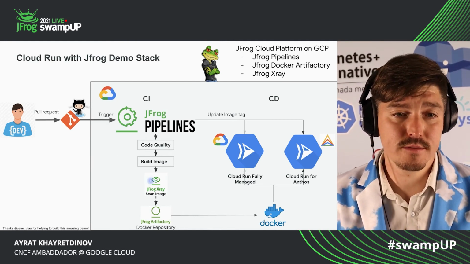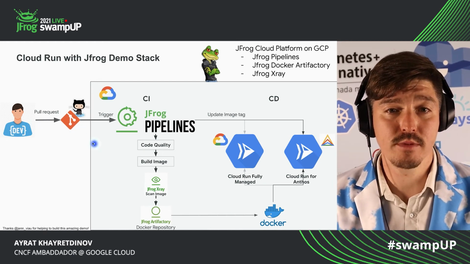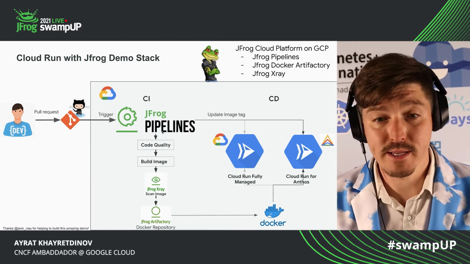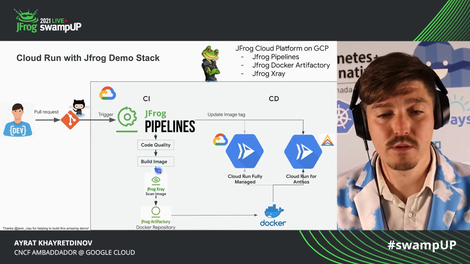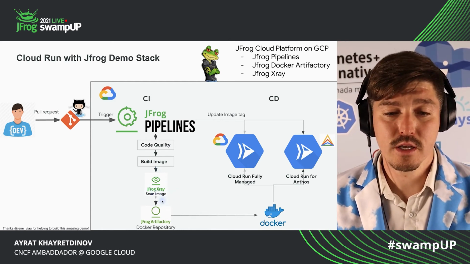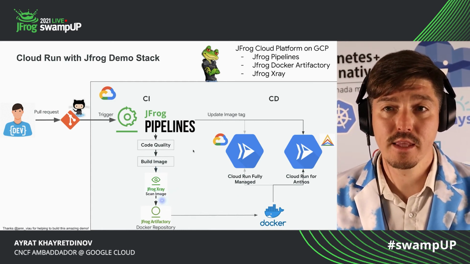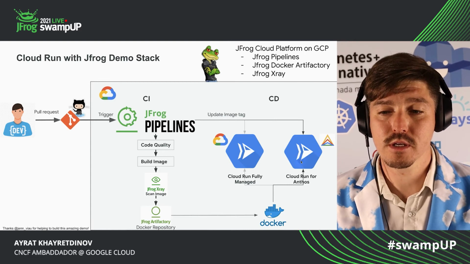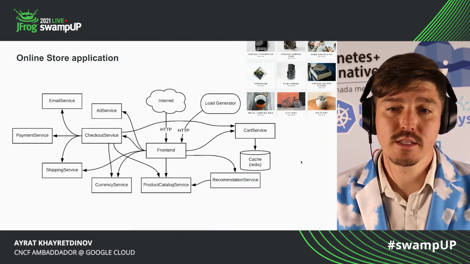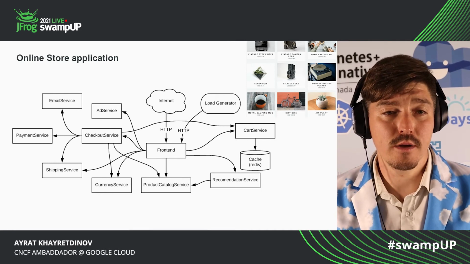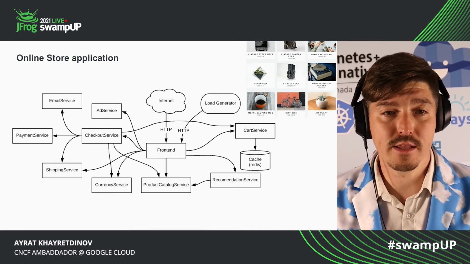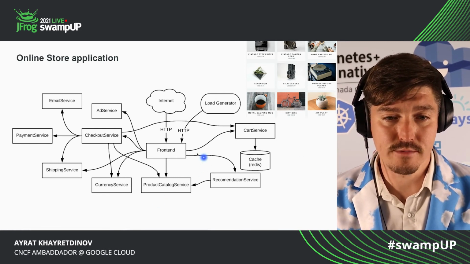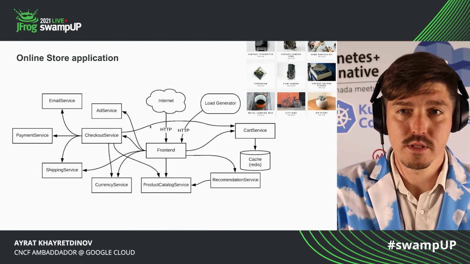The basic use case: a developer makes a pull request to the GitHub repository, which triggers the pipeline. In this case, we're using JFrog Pipelines. It's going to run the code quality checks, build our image, scan it, and then push it to JFrog Artifactory. In the end, JFrog Pipelines kicks in, and we'll be able to roll out our image to Cloud Run for Anthos. As for our demo application, we're going to use microservices this time, an online store application. We have different components here, some cache, some front end. So let's go over to